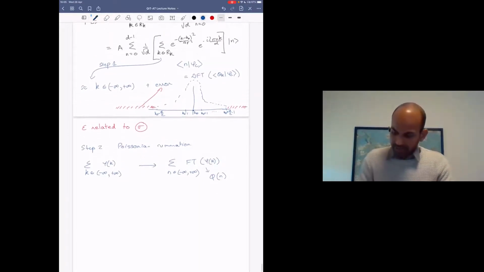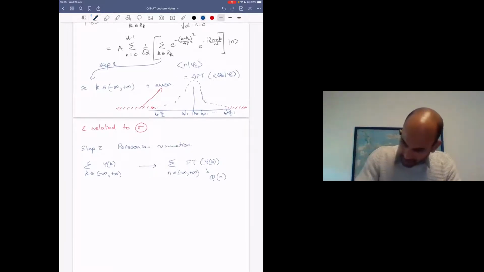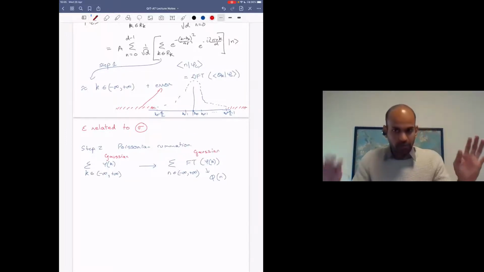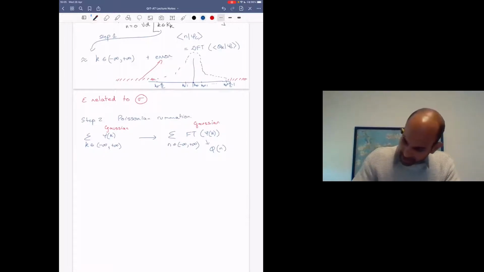Okay, so what you get then is a summation over the Fourier transform of this function. And now, since we know that this is a Gaussian, well, the Fourier transform of a Gaussian is also Gaussian, because this is now just a normal Fourier transform. There's no summation or discreteness about it. And then finally, step three